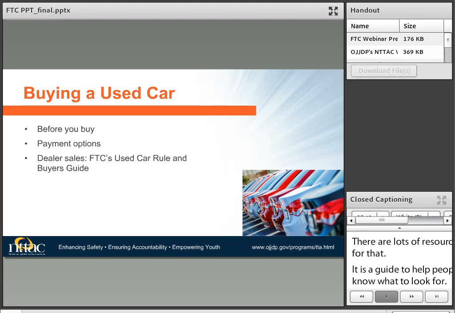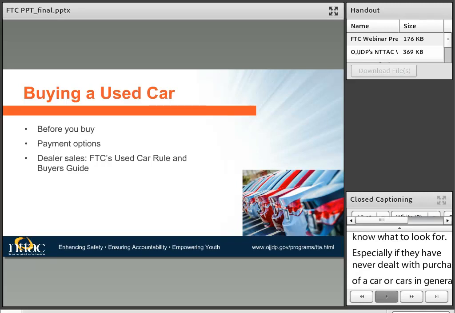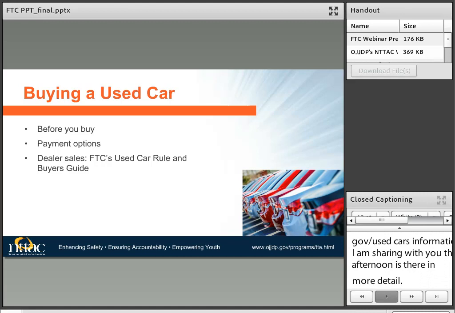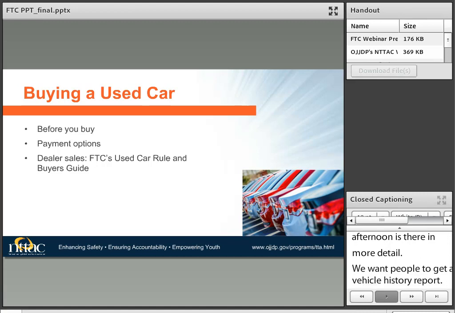The other thing you want to check on is if there have been any unrepaired recalls on the vehicle. We have a great website, and it's called ftc.gov/usedcars, where a lot of the information I'm sharing with you this afternoon is there in more detail. We want people to get a vehicle history report. You may have heard of things like autocheck.com, carfax.com, VINaudit.com. There again, they're all on that website and available for free at